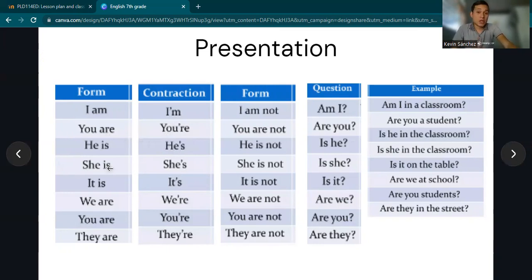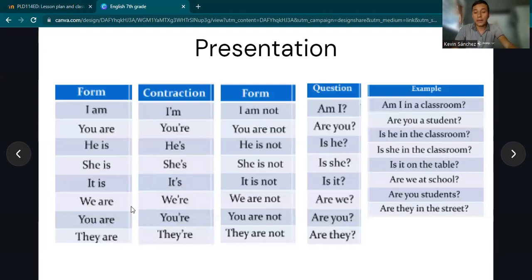Okay, please don't forget that for this, you are going to use is. No, if you say she are or she am, that would be an error. So you need to keep in mind that the correct one is she is. She is. The contraction is she's. Then we have it. You're going to use is. Is the auxiliary. It is. The contraction is it's. Then we have we are.